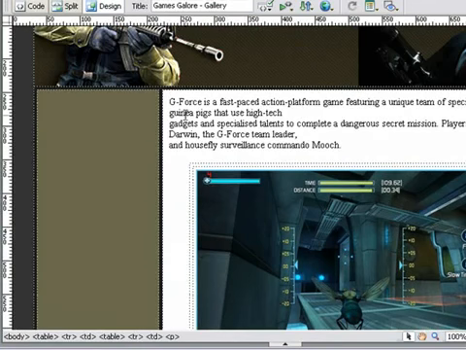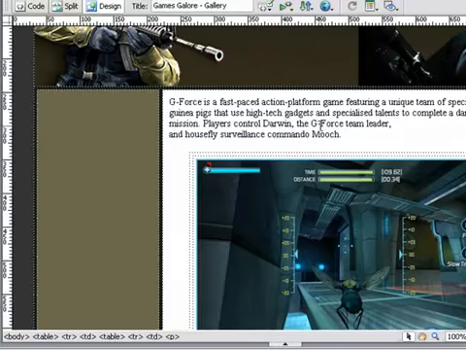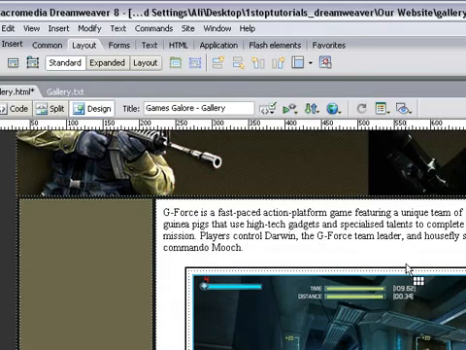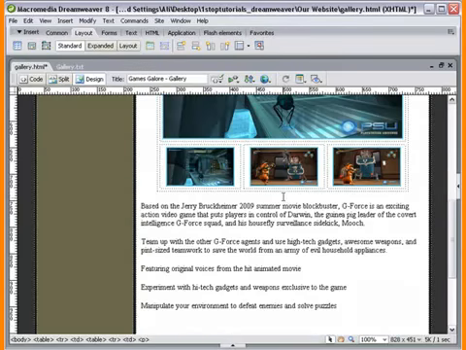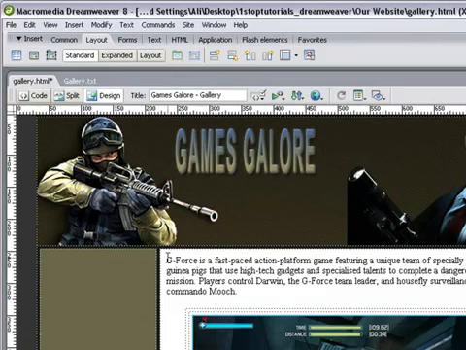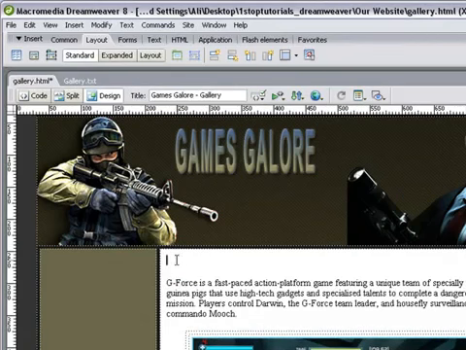So let's tidy it up a bit. Under guinea pigs that are high tech, let's just click at the end and hit delete on your keyboard, and the same here, just to keep this tidy. And let's come down here and have a look how we're looking. Yep, looking good. So at the beginning of G-force, let's hit enter again, click above it,